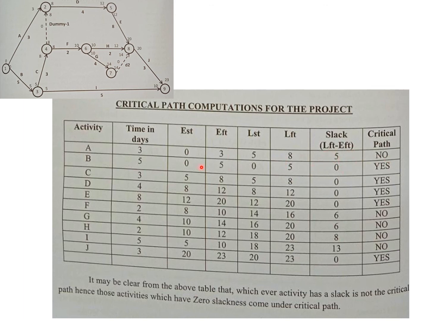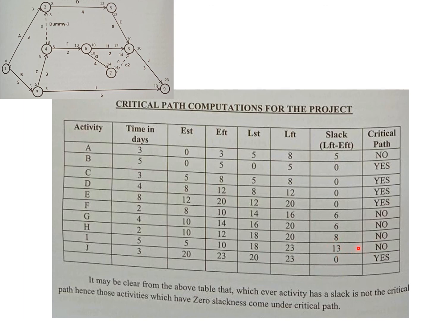But for activity B, the latest finishing time is 5 days and the earliest finishing time is also 5 days, which means activity B does not have any slack. B has to happen how it has to happen. Then you have activity C. Activity C also has the earliest and latest finishing times matching. Activity D doesn't have slack. Activity E doesn't have slack. Now activities F, G, H, I all have slack available. I has the maximum slack of 13 days.